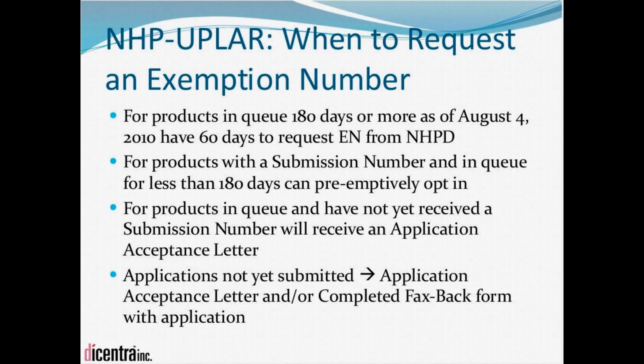So the key thing to remember is if you already have a submission number, you use the fax back form that came out via email on Friday. If you have not yet received a submission number, or for future applications, you need to wait until you get your application acceptance letter, and a new form is going to be posted on the website. So you cannot use the current form for products that